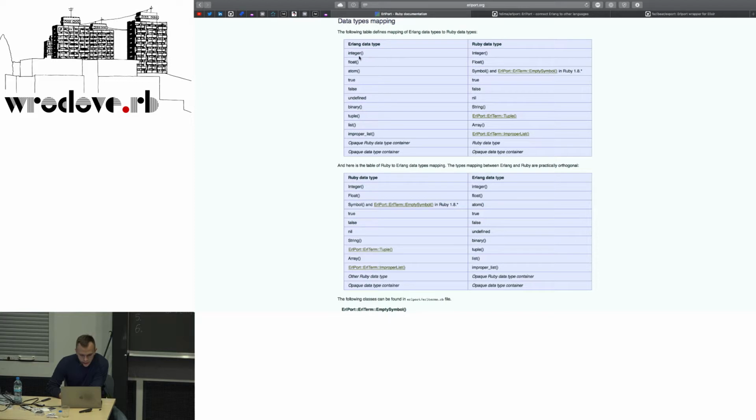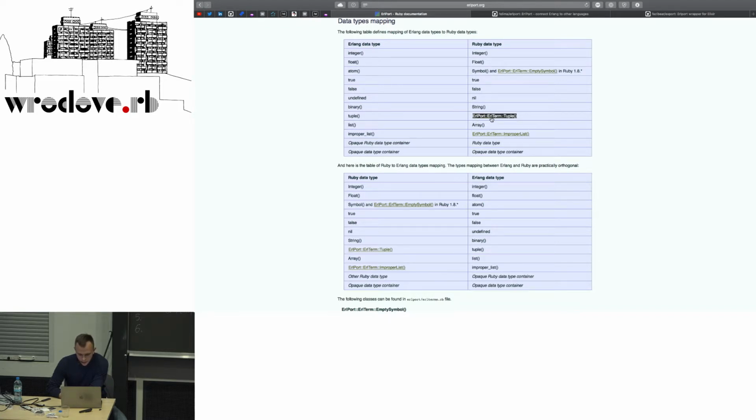If we are operating on simple data types like integers, floats, strings, it's okay. But if we are doing something with maps, keyword lists, maps are kind of hashes in the Ruby world, then we have a kind of problem. But that's solved with the library.